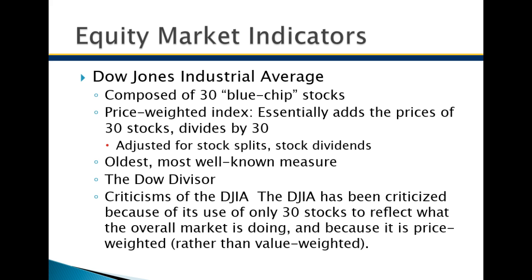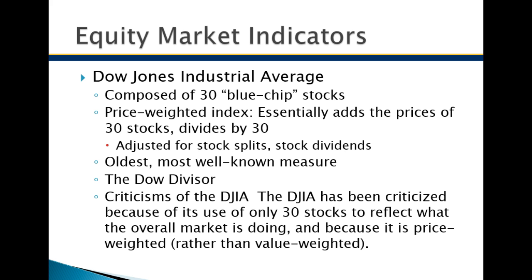Now, this is what we call a price-weighted index, which isn't the best way of calculating an index. Essentially, we add the price of all 30 stocks together and divide by 30. The problem with this is it doesn't reflect the amount of outstanding shares or the total market cap of these companies. It's just going by the share price and a divisor. Now, this divisor over time had to be adjusted for stock splits and stock dividends. So the Dow Jones Industrial Average's divisor has changed throughout the years to compensate when the stocks on the exchange have, in some cases, merged with other companies, or they may have had a stock